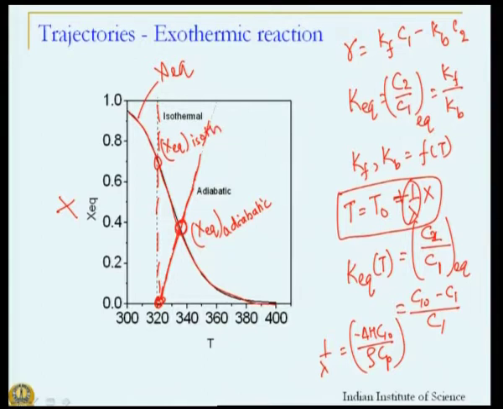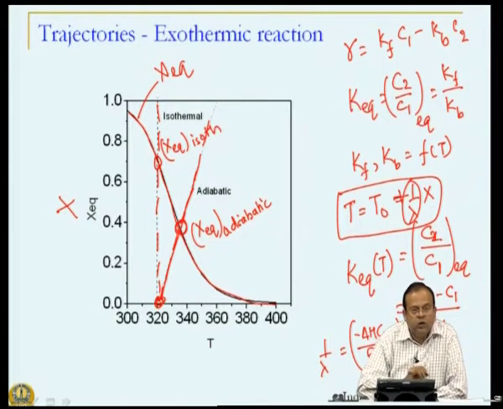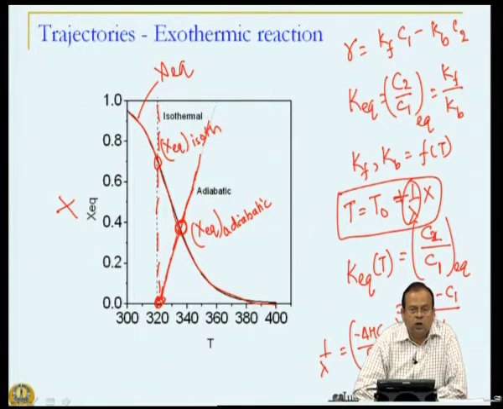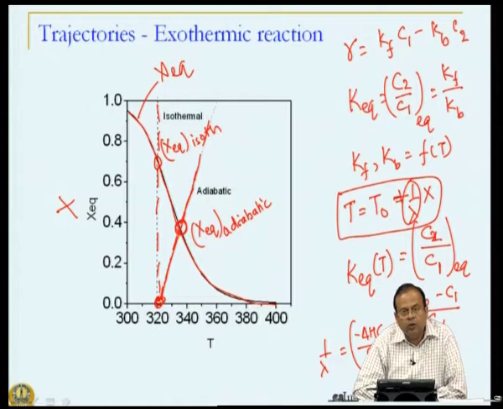Not a situation that we would like to be in, because if the equilibrium conversion is low, that is the maximum you can get. So, the actual conversion you will get will be much lower than that. So, adiabatic operation from a thermodynamic point of view is not a favorable operation. Isothermal operation on the other hand is. But what happens to the kinetics? Thermodynamics is only one part of our whole scheme of things. So, what happens to kinetics?